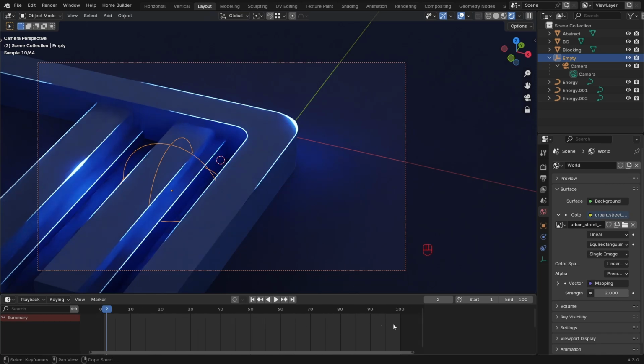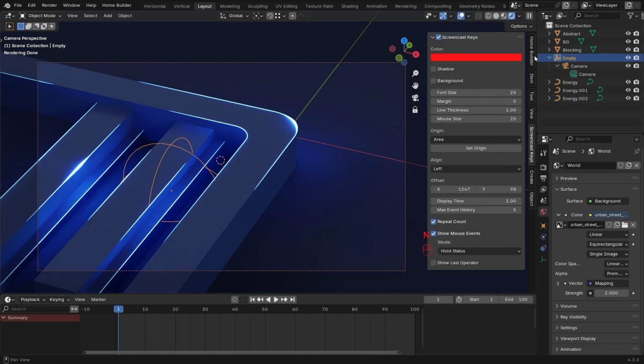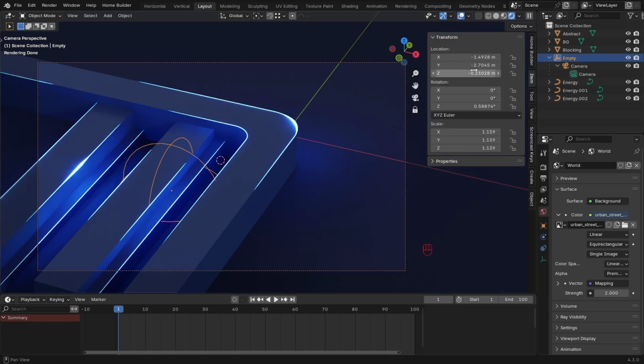For this animation we want to use 100 frames, and by default it is 100 frames for me. And let's select the empty. Since we parented the camera to the empty, now it's a lot easier by just animating the empties. Empties are really important and very handy. So we want to add the keyframe only for the X, Y, and Z